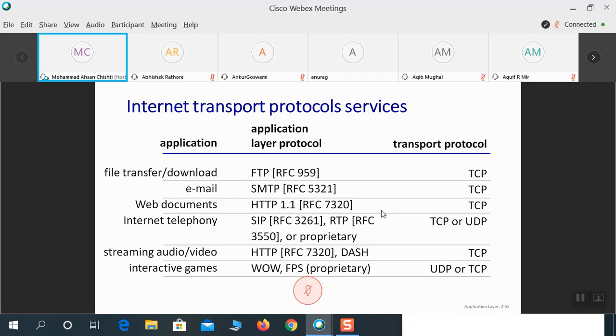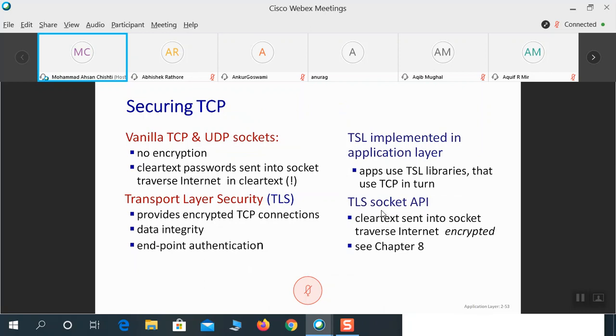We can use either TCP or UDP. Likewise, for streaming audio, video, interactive games, and so on, it's mentioned here. So this is a good slide explaining the protocols of application layer and then the protocols of transport layer. The next thing is securing TCP.